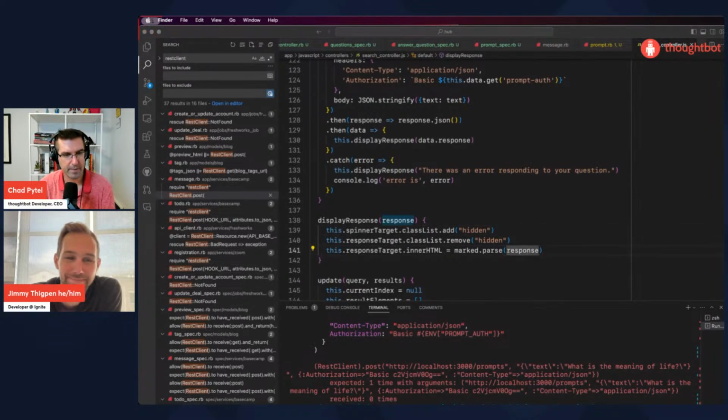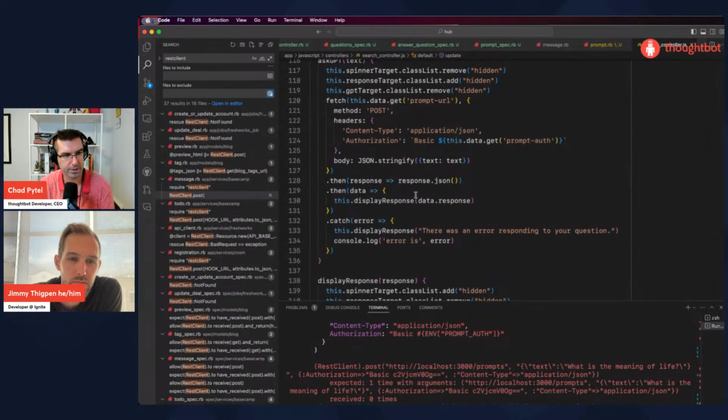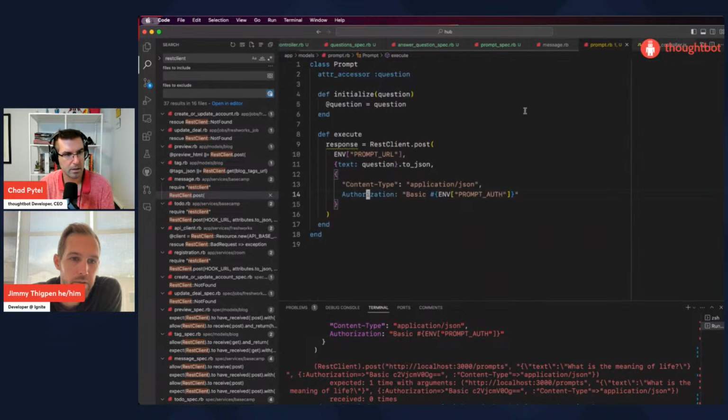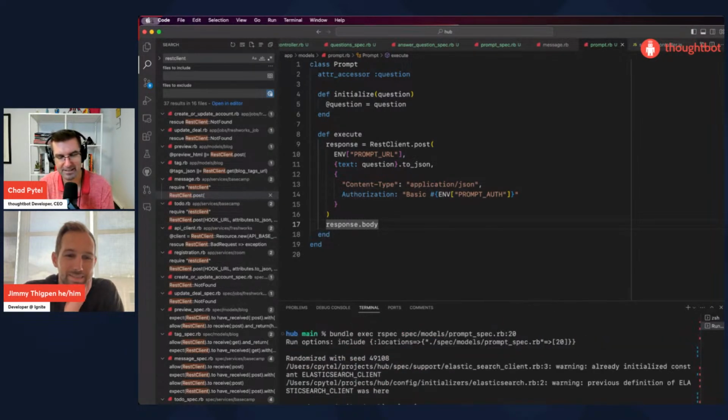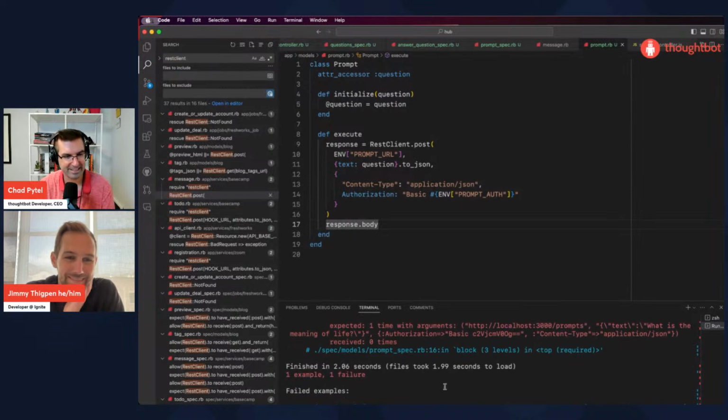So what we're getting back here is markdown text. But we could just, for right now, plop it in. So it's the raw, it's just the response body. Yeah, because our hub bot doesn't need to respond with markdown. So I think if we just return the response body, we're going to get 42. I give it a 75% chance of passing.